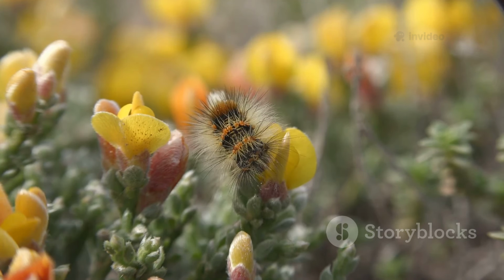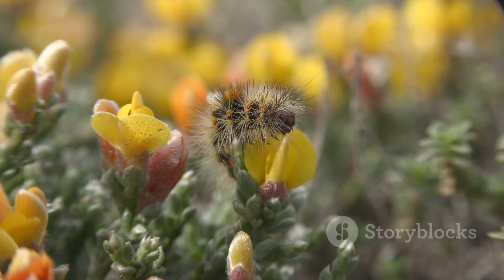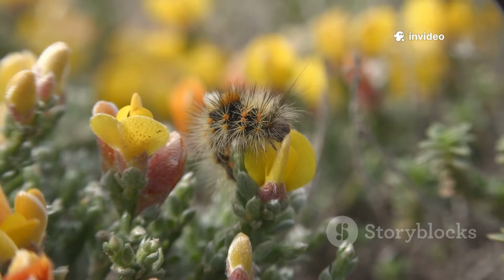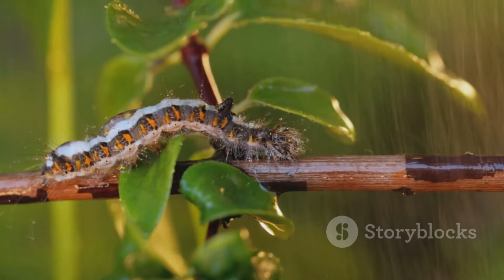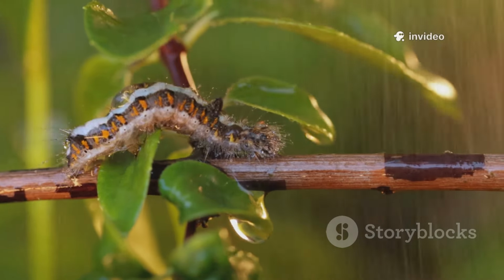The yellow woolly bear's life is a tale of transformation, a journey that begins with a tiny, almost unnoticeable egg, and unfolds into one of nature's most astonishing spectacles. From the moment it hatches, the caterpillar is driven by a single purpose: to eat and grow, preparing itself for the incredible changes ahead. For weeks, the caterpillar munches on leaves, storing up energy for the next stage of its